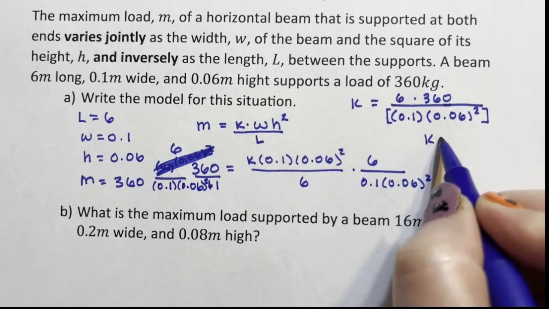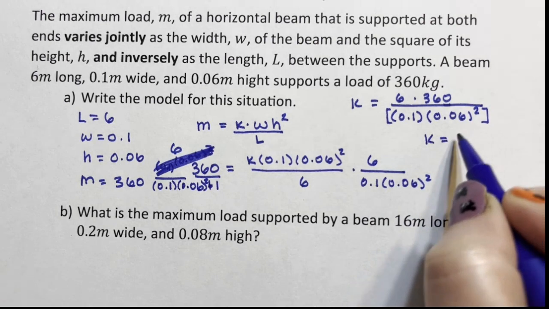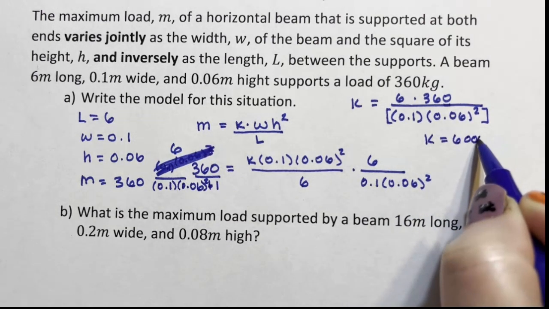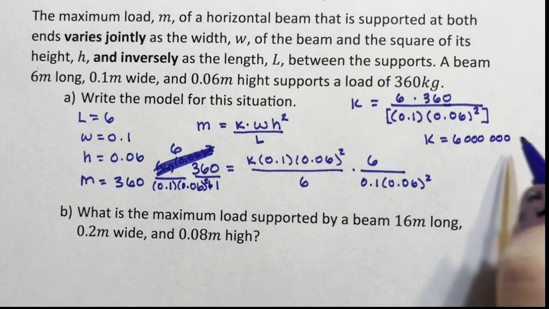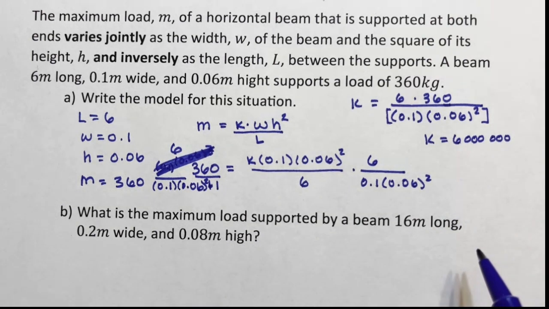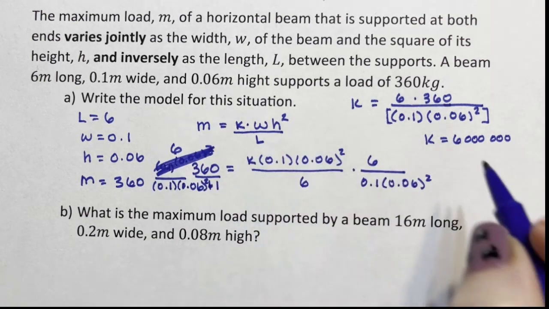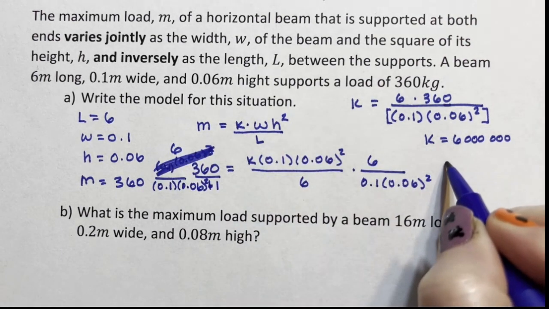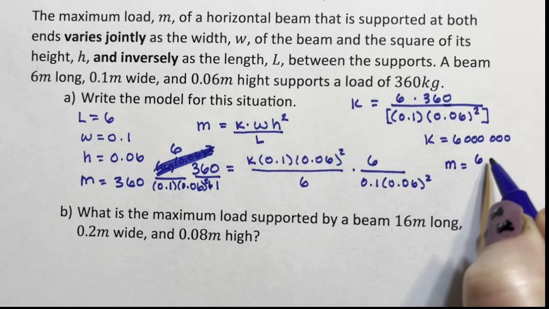When you do, K should equal 6 million. When you take big numbers and divide by small numbers, you get a really, really big number. So our final equation is our maximum load is 6 million